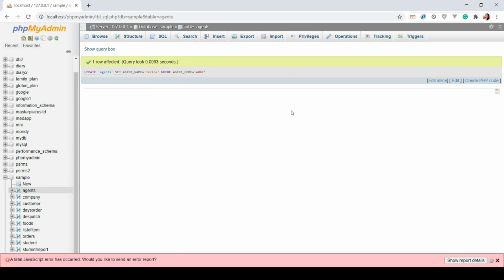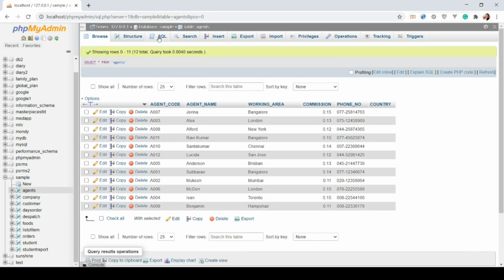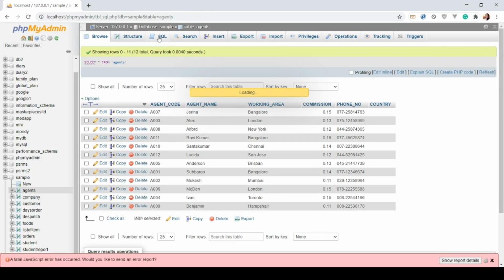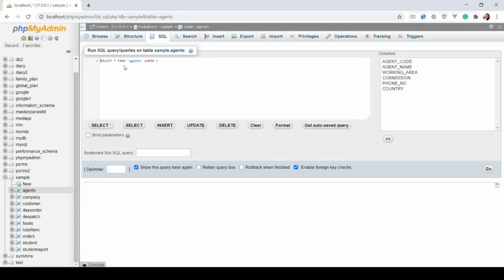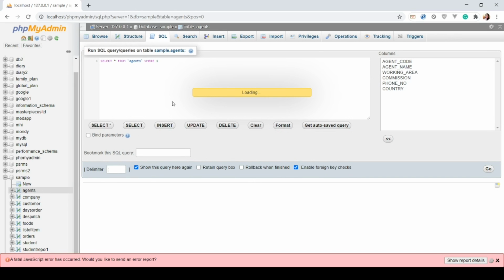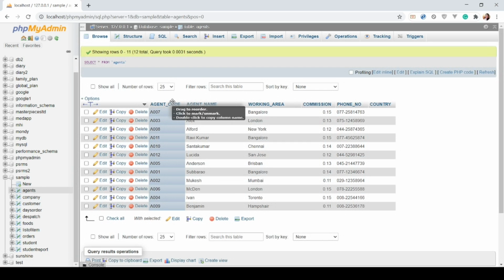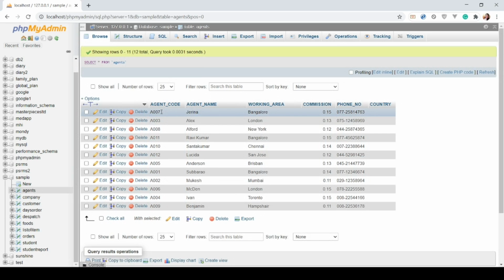And then to see if it has actually changed, we are going to select it again. Yeah, so you can see here that the agent name of the A007 agent has actually changed.